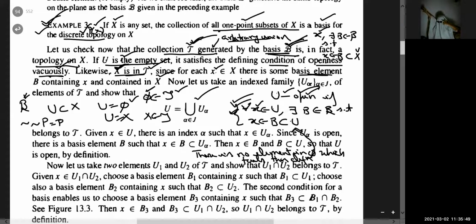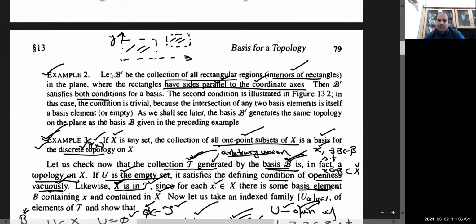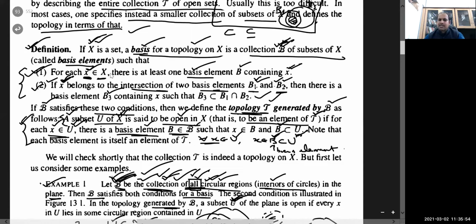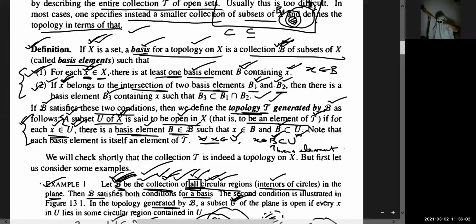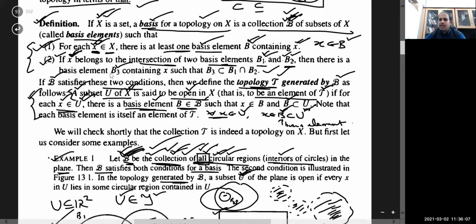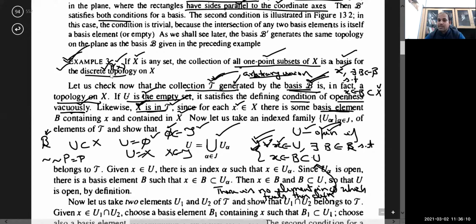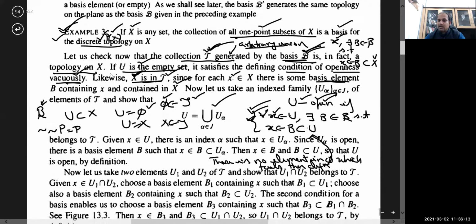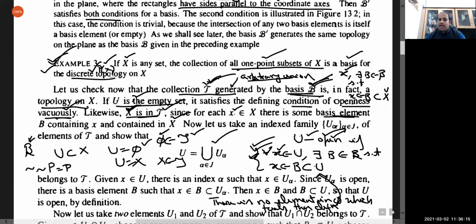I mean, जो U था यहाँ पे, यही तो था ना. देखो, ऊपर basis का definition. आपको definition बार बार repeat करना है. Basis का पहला condition क्या था? For each x in X there is at least one basis element B containing x. यही तो था. इस collection से कम से कम एक B मिलना चाहिए जो इसे contain करे. तो वो तो यहाँ पे हो रहा है ना. क्यों हो रहा है? क्योंकि B basis है, it's given. देखो, यहाँ पे आपको basis दिया हुआ है. Basis is given. Now use the definition of basis and prove that X will be in T, where T is the arbitrary union of the members of B.